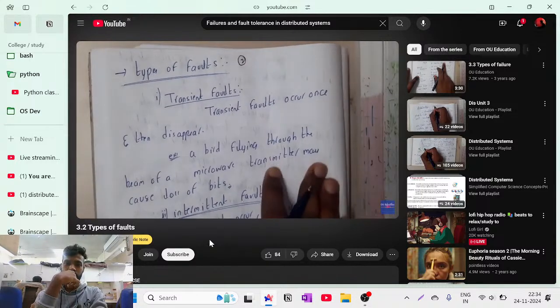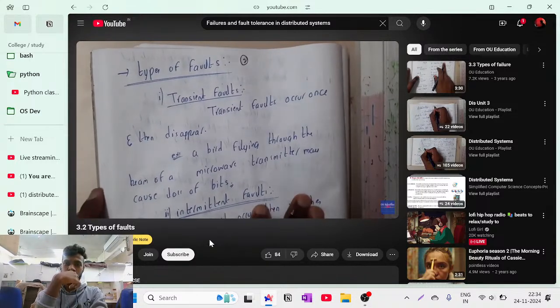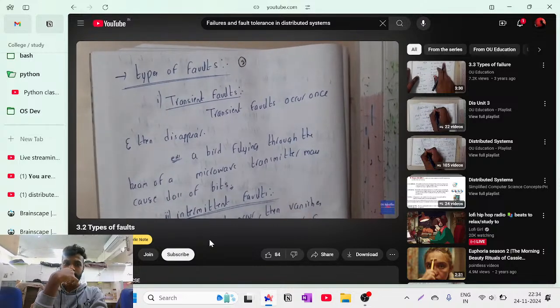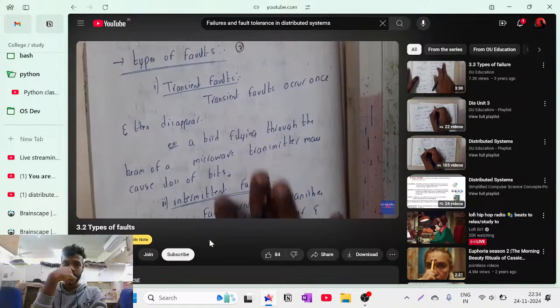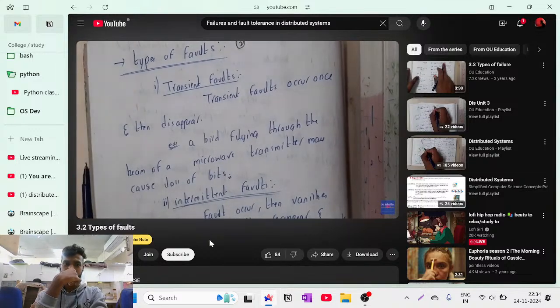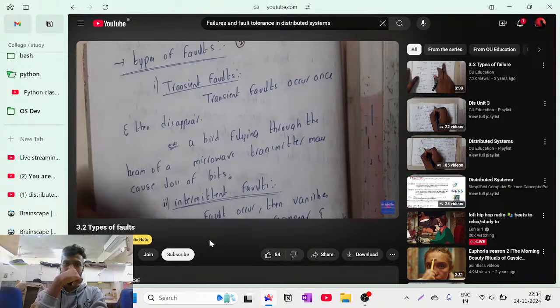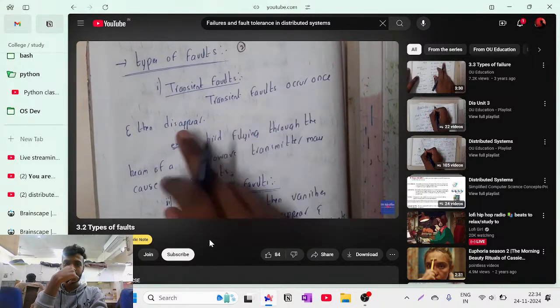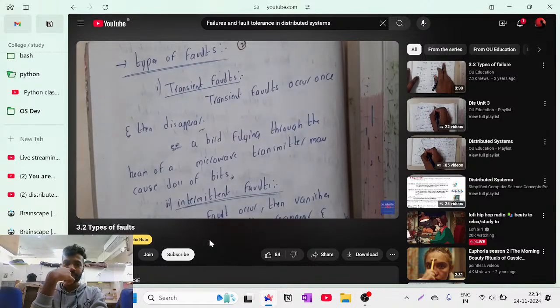In this lecture, let us go through the types of faults. We are having 3 different types, guys. Just by the names only, a few of you can identify them. The first type is a transient fault. It comes for some time and vanishes without any intimation. Transient faults occur once and then disappear. So they magically vanish from there.